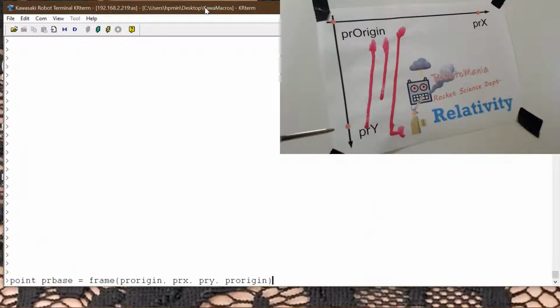At this point, we have all data necessary to define our new frame, which is defined more or less as a point would be, because in fact a point is nothing else than a transform. So we define it as a point which is equal to a function frame which takes the following parameters. It takes the origin, it takes the X direction point, the Y direction point, and once again another point which